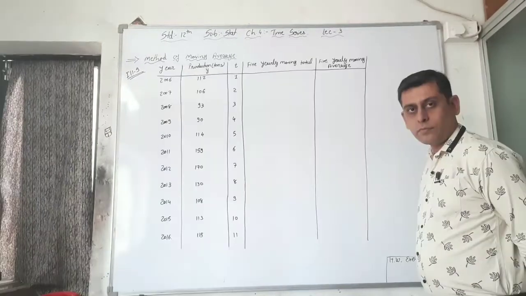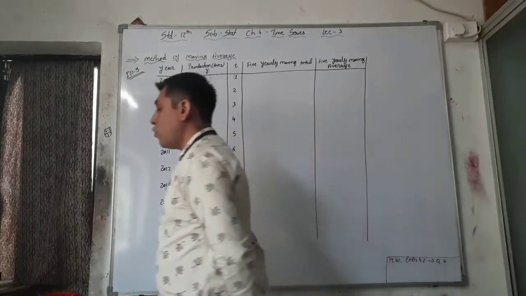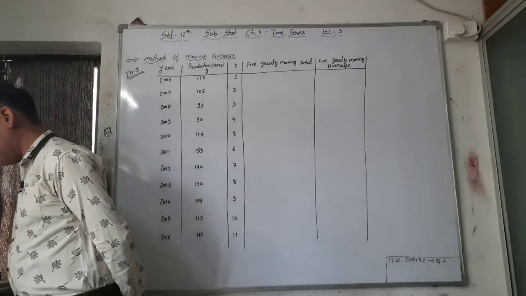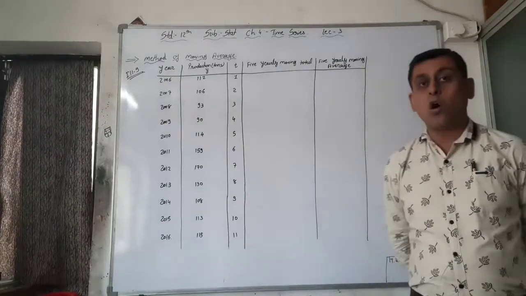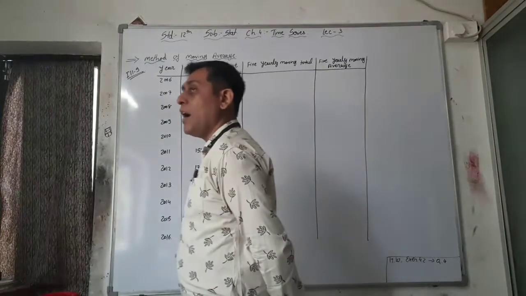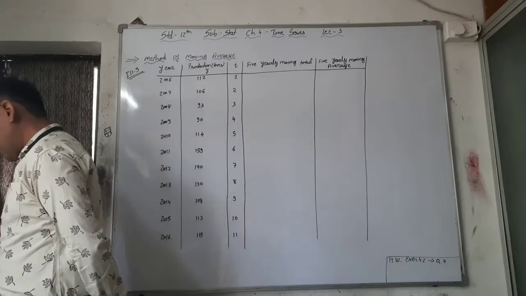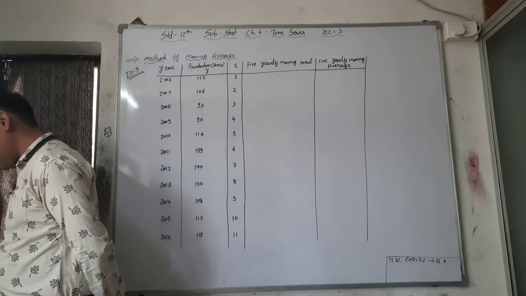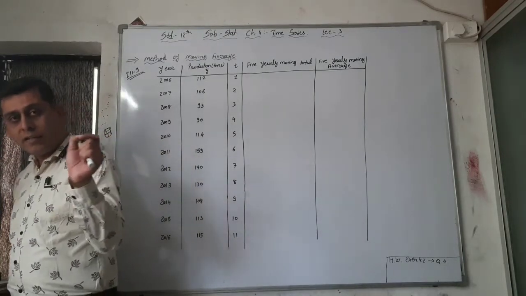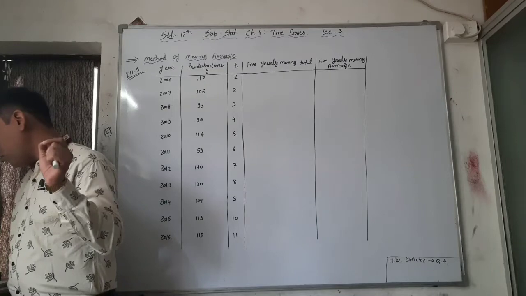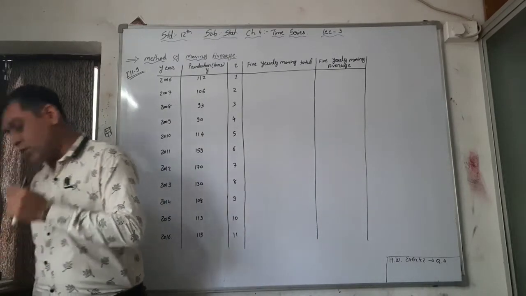Write down. So complete illustration number 8. Now move forward to illustration number 9. See, 3-year moving average will be asked in 3 mark or 5 mark, but 5-year moving average must be asked in 5 mark. Now the next question is for 5-year moving average. Find the trend using 5 yearly moving average. Underline this word, 5 yearly moving averages, for the following data about the yearly production in tons of a factory.